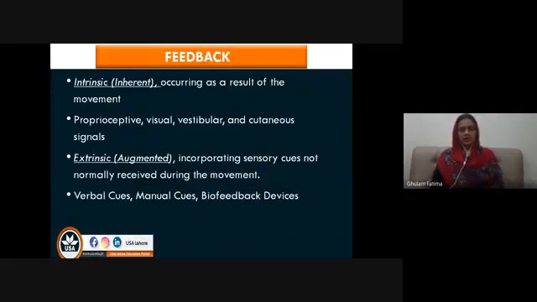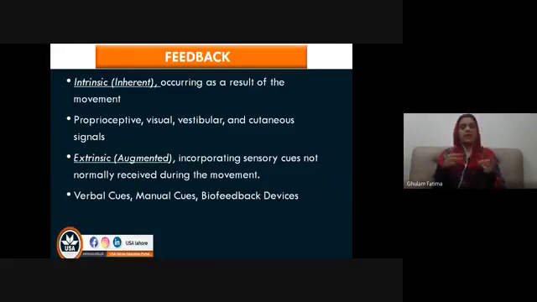So as I have already mentioned, we do have many different types of feedback, and firstly the two broad categories of feedback, one is in your control and one is occurring naturally as a result of movement. The one which is occurring naturally as a result of movement is called intrinsic or inherent feedback. Whenever an activity is performed, joint movement is there, so it means proprioceptive receptors are fired. Then if the patient is